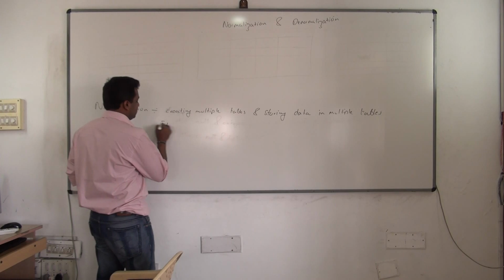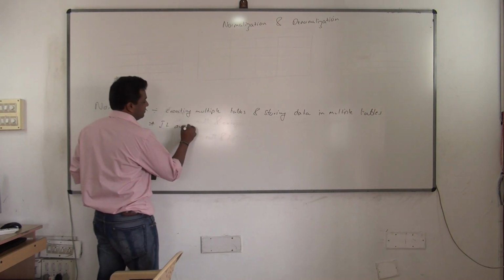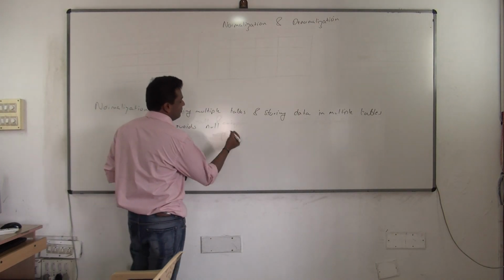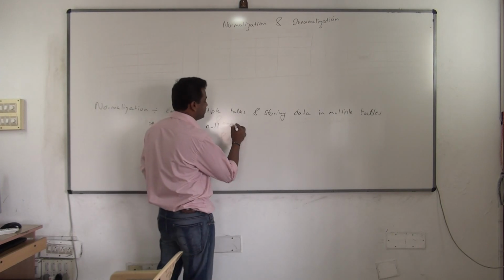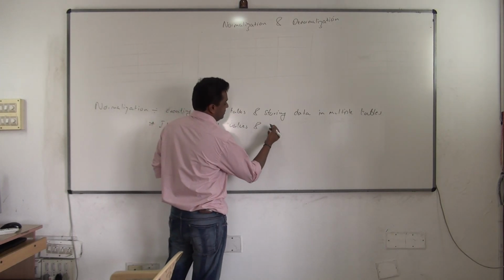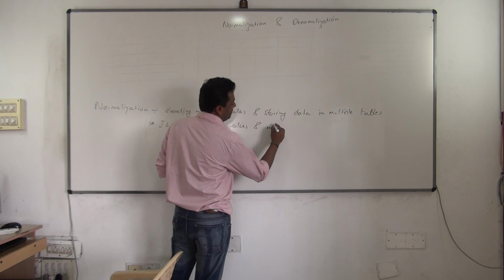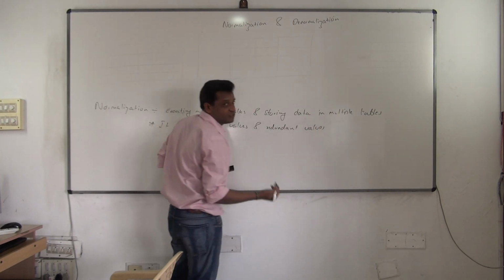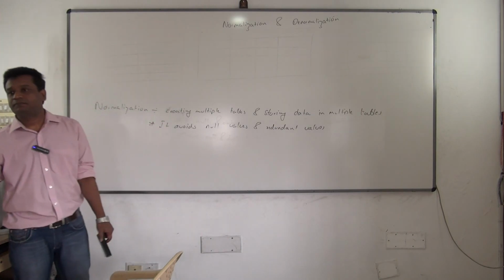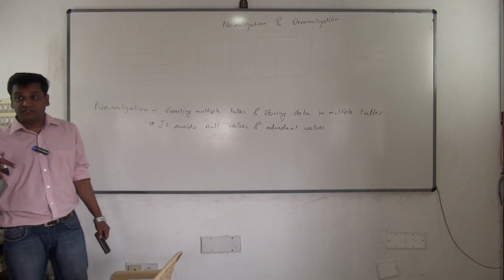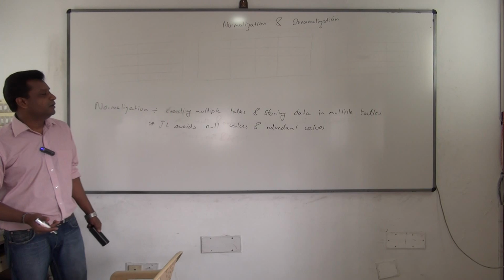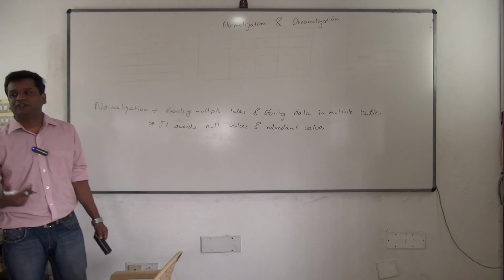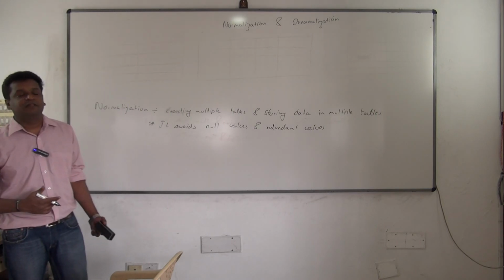So it avoids what? The advantage of normalization is it avoids null values and redundant values, duplicate values. This is the main advantage. So normalization was needed. Okay, see what happened when developers started writing applications, there was a lot of